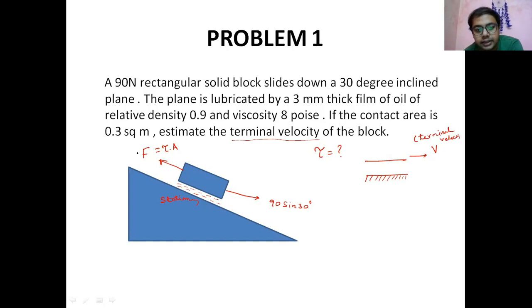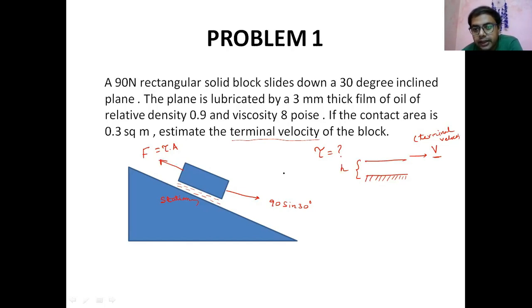Because along the inclined plane, all forces are balanced, the same V will come here. Now this gap is very less, that's why